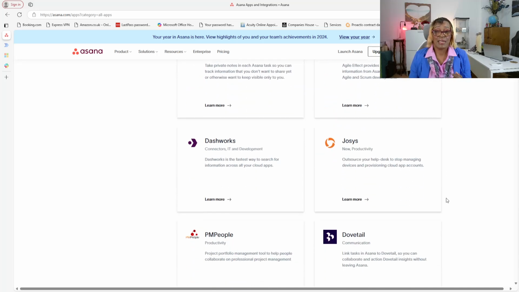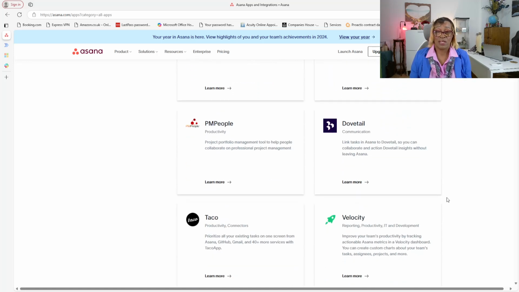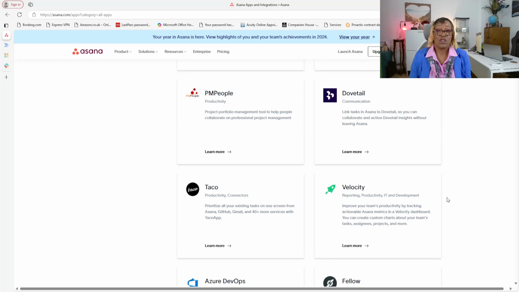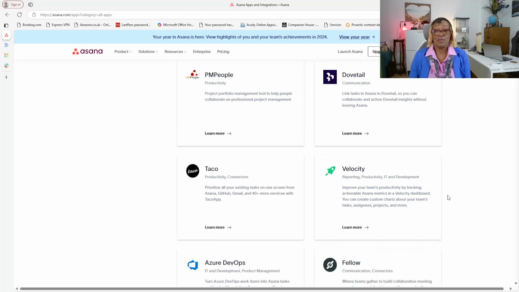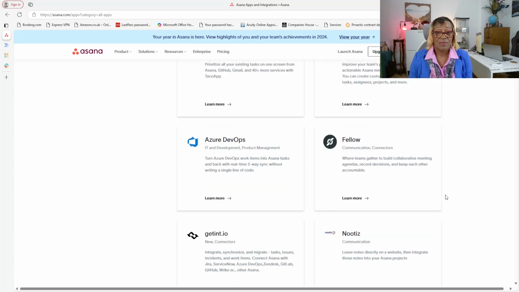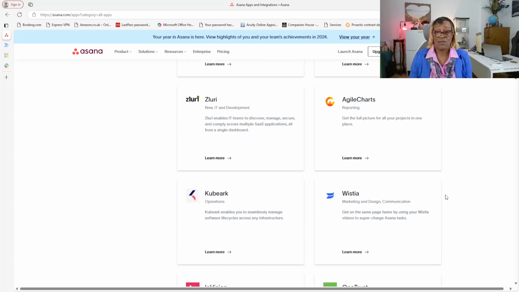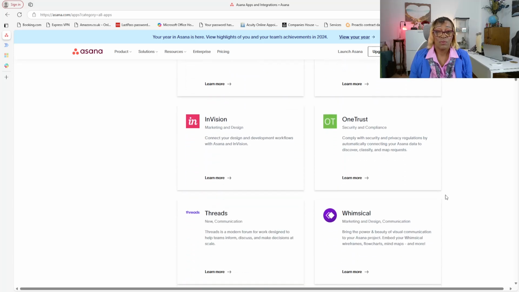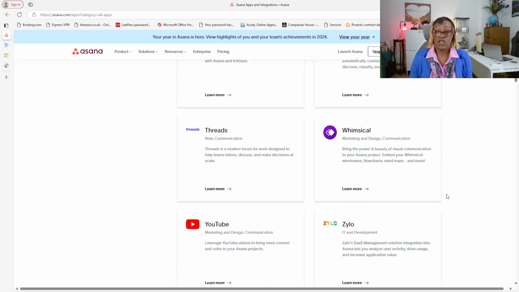Trello, as I said, there's Dashworks, Dovetail, PM People as well, about productivity, Velocity, Azure, like I said, for no code, Envision,